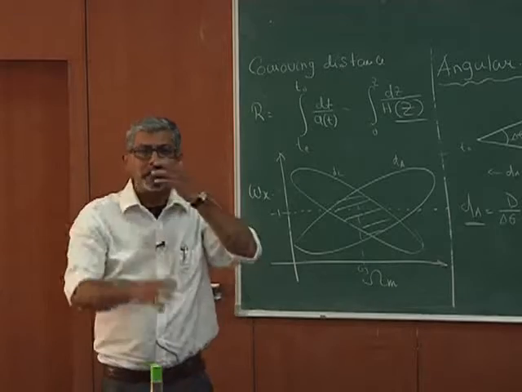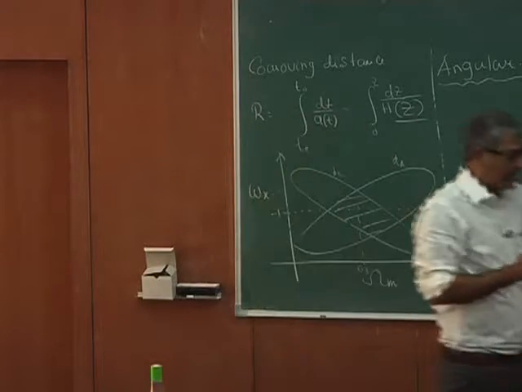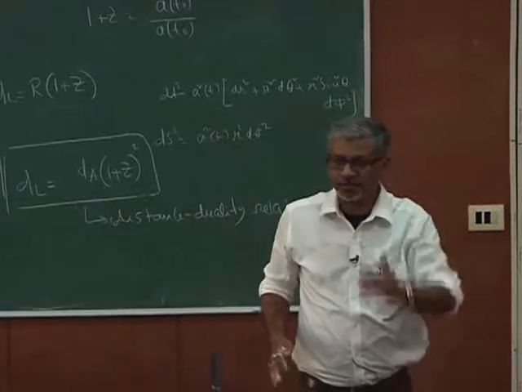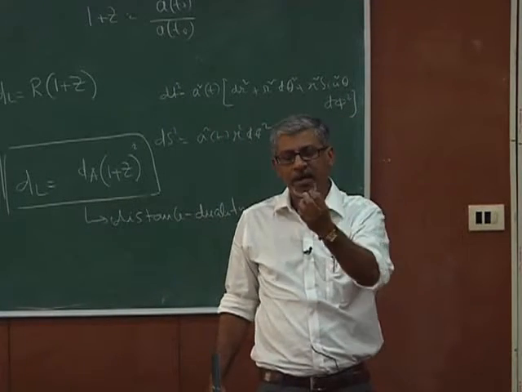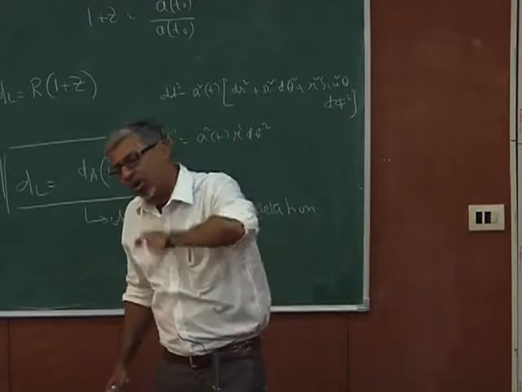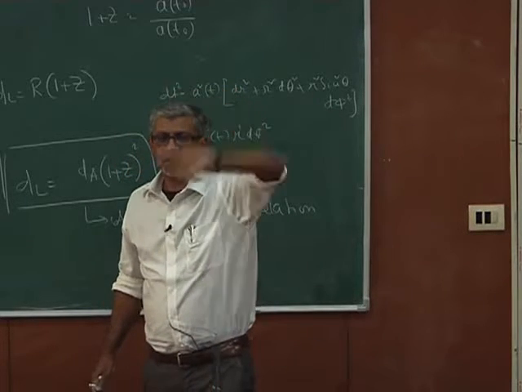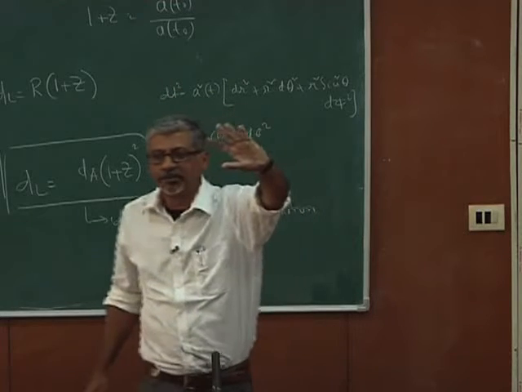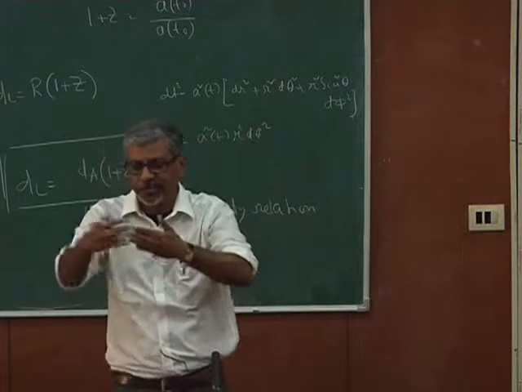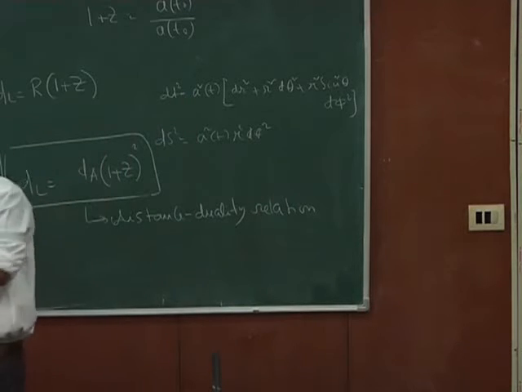No, that you can have, because you see that if you have a matter and a cosmological constant, fine. Let's say you have only matter, okay. So a single fluid in the universe, or single component. Then you have for matter always t to the power 2/3, fine. The expansion in the universe never changes. So it always remains t to the power 2/3, so the distance relation with the redshift will always remain the same.